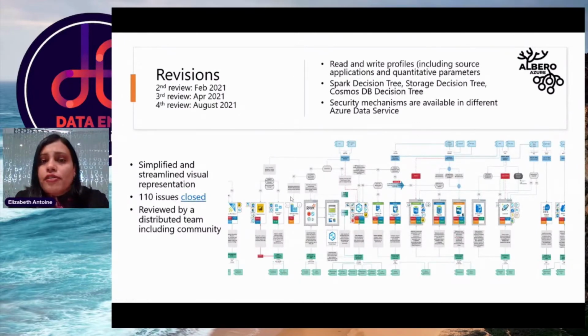So that was our first revision, giving a layer of source applications and also the quantitative parameters, defining whether it is an ETL versus an ELT, whether it is an application that you're trying to build, or you're trying to build a streaming sort of solution. So we added a lot of business context into that decision tree to make it more simplified. And then we also